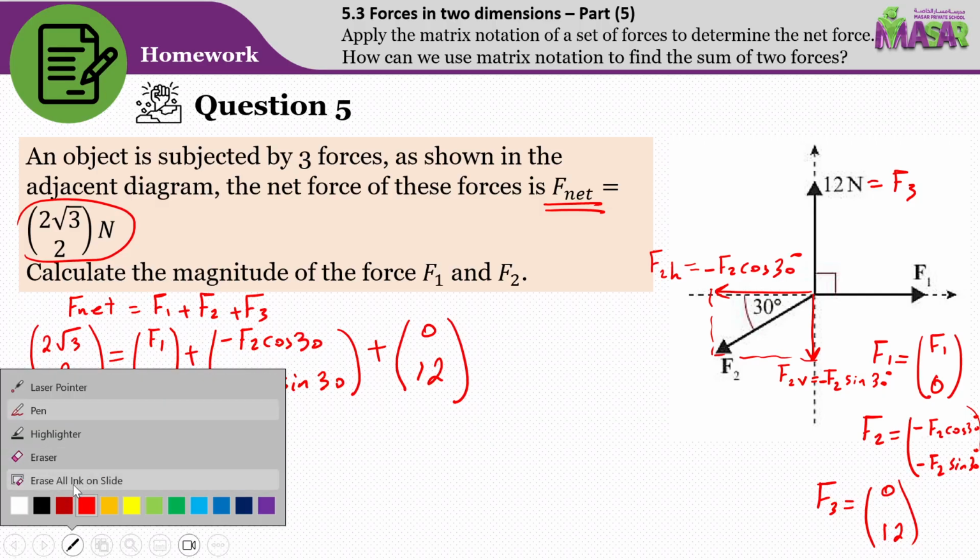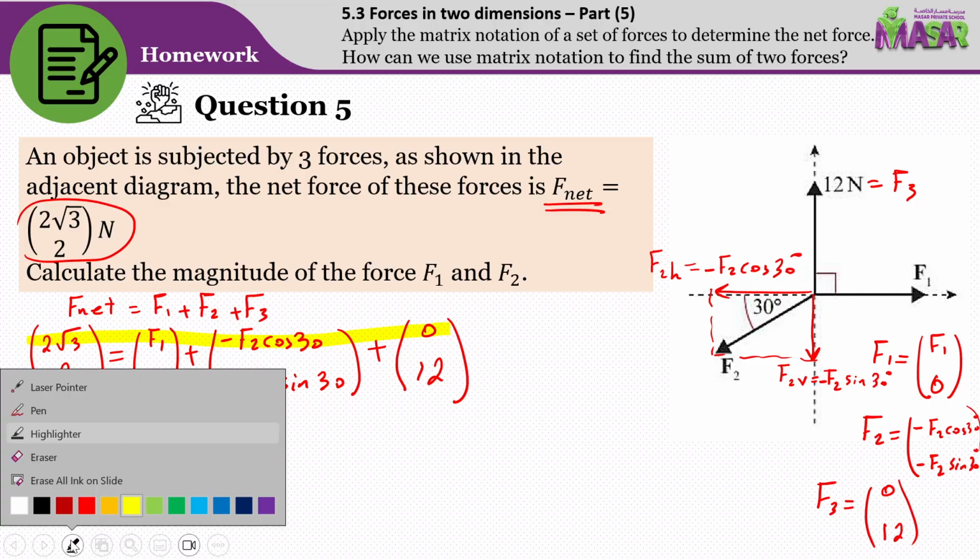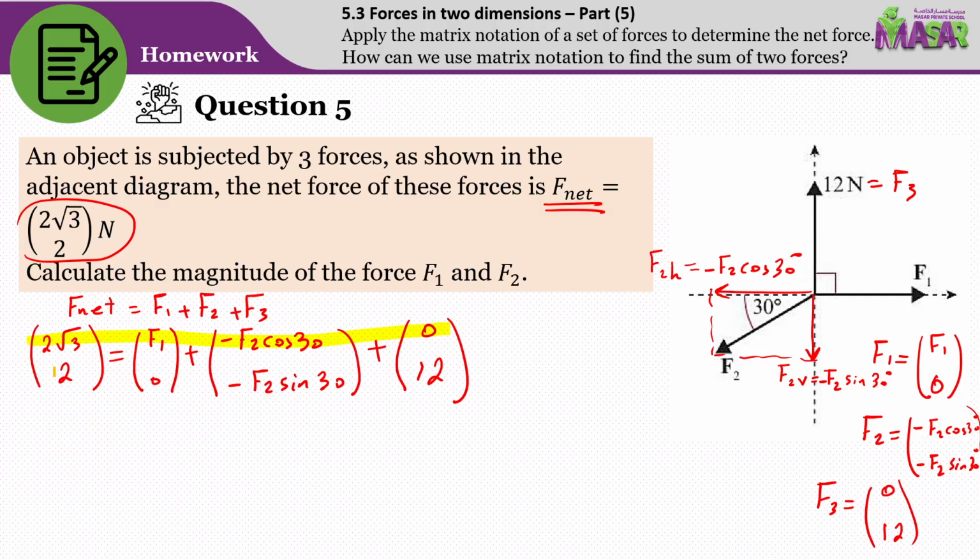Now you should be wise in choosing the suitable line to solve the problem. As we can see here, along the horizontal, we can find two unknowns. These unknowns are F1 and F2. So avoid choosing the first line to solve the problem. Instead of that, you can choose the second line because along the vertical, we have only one unknown here, which is F2. So vertically,